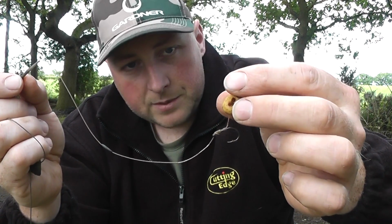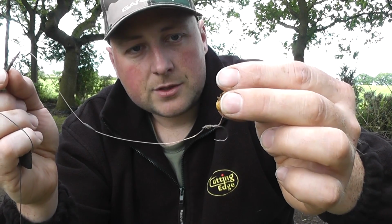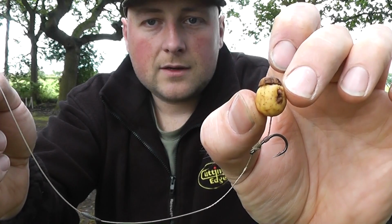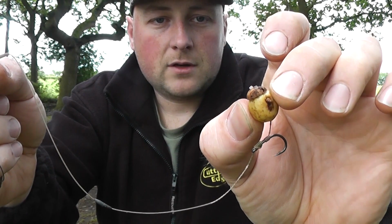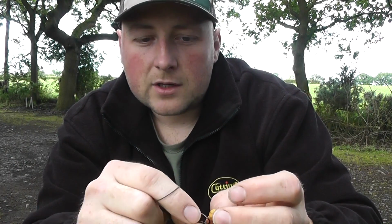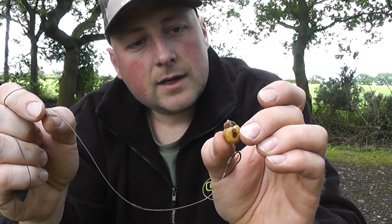I've got a little piece of silicone on the shank there just to keep the bait in the right position, and then down to the tiger nut. Get that a bit closer. You can see I've got a little tiny sliver of cork on top of there just to take the weight of the hook. I was drilling the tigers out and putting cork inside, but I was finding that was a little bit too buoyant, so I've changed it, and